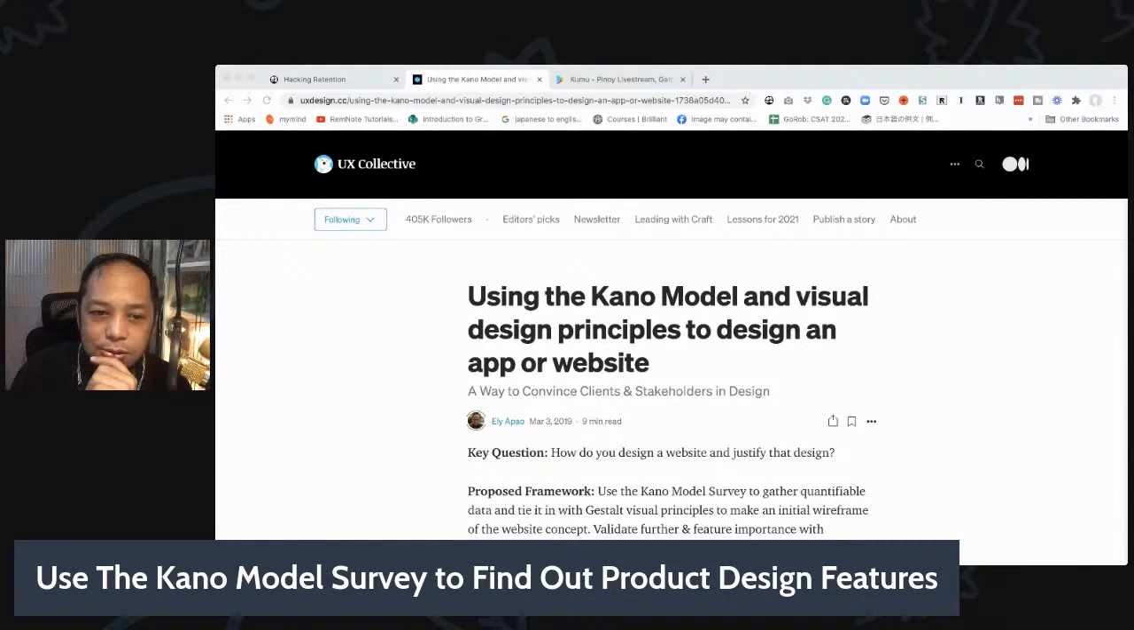Hello. So how do you use the Kano model to survey and find out product design features? How do you use the Kano model to determine product features? Okay. So the Kano model is